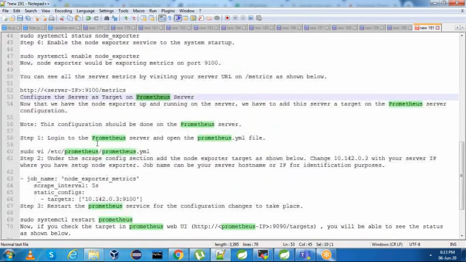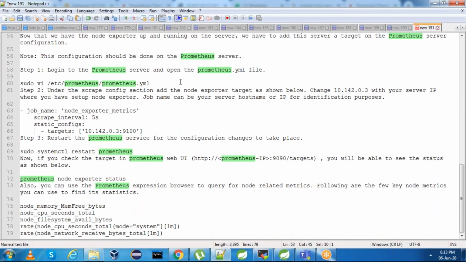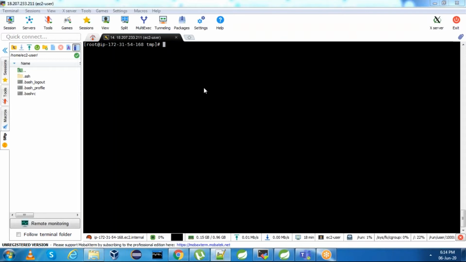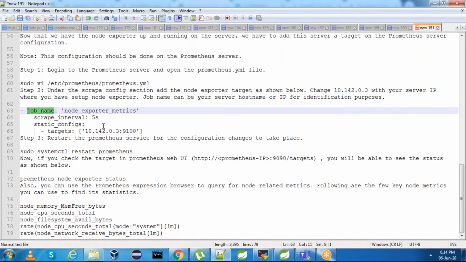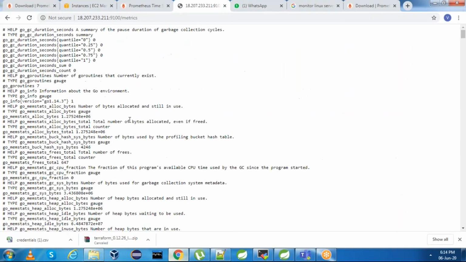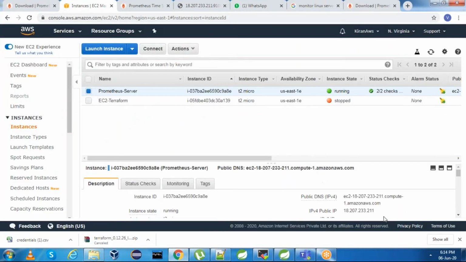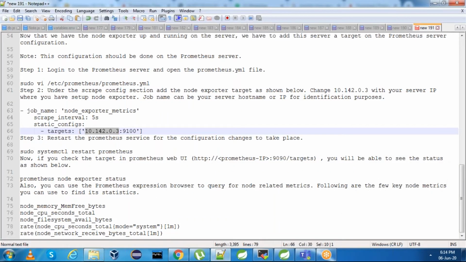Next, we need to configure the server as a target on the Prometheus server. For that we need to change the prometheus.yml file. Let us go to the /etc/prometheus/prometheus.yml file, and we need to add the entry for node exporter. We need to create a job name. The target is different; in this case the target is this server, because my node exporter and Prometheus are running on the same machine.